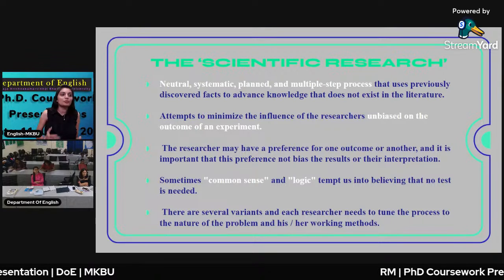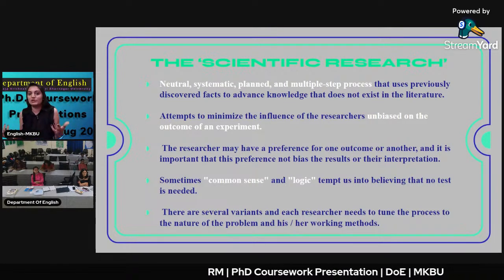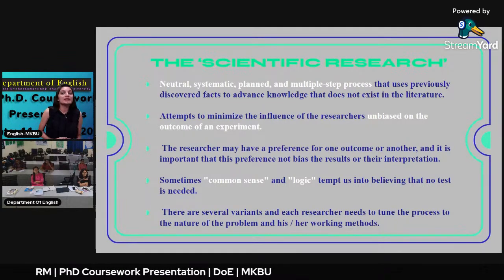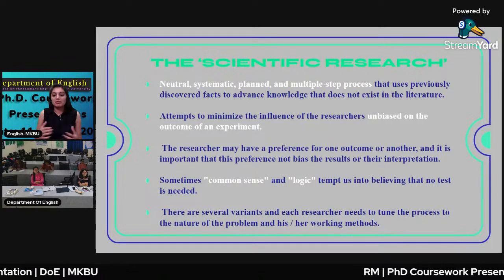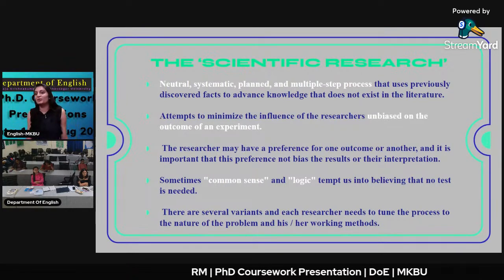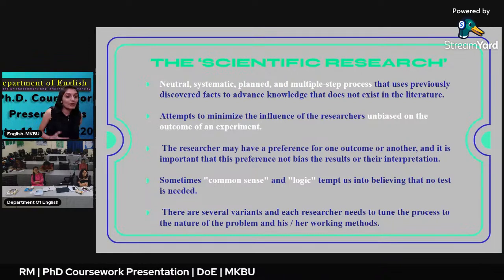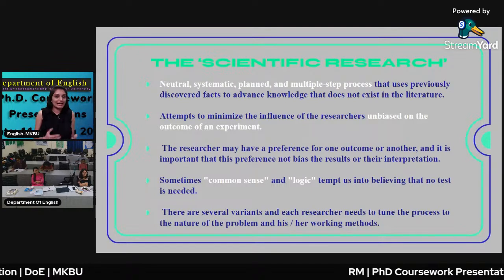If you are going to plan a research, first you have to come out of your personal prejudices, and you have to be very neutral and systematic. As we have seen previously, systematic means you have to plan your things, and it involves multiple steps of work. This is not something where you write the introduction and directly jump to the conclusion. It has multiple steps that we have to follow, and then we come to the conclusion. The systematic quality will help us to go through these steps.